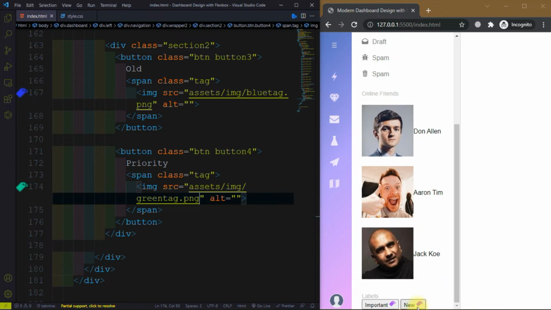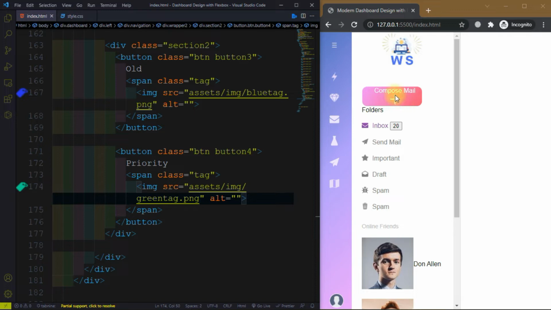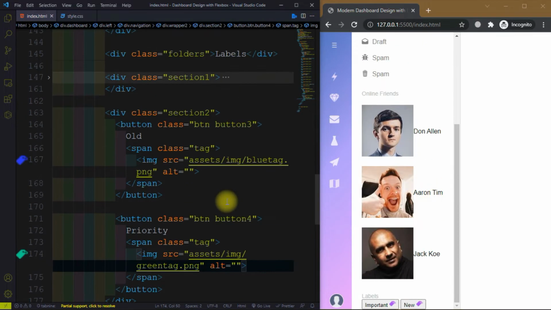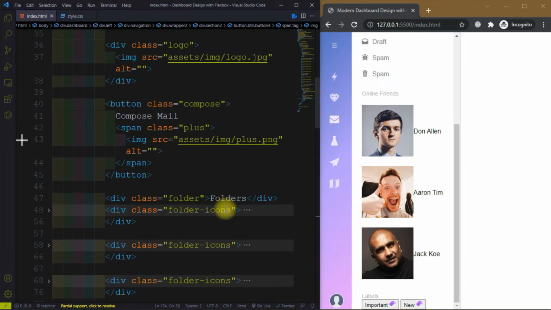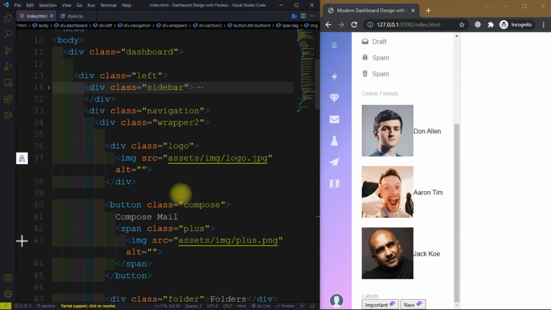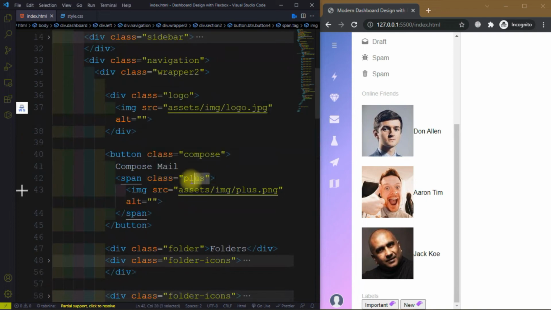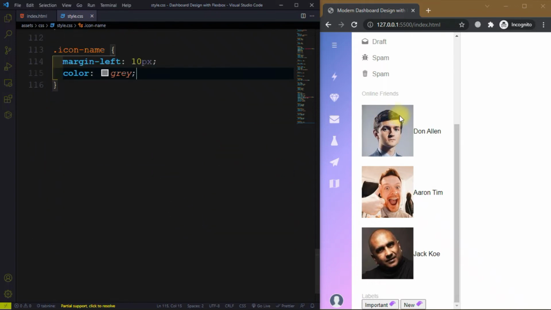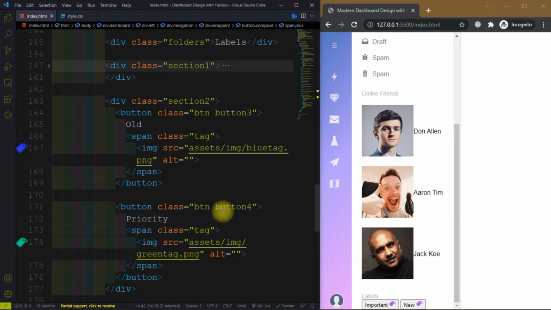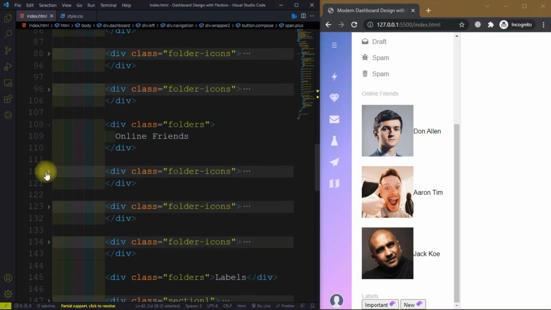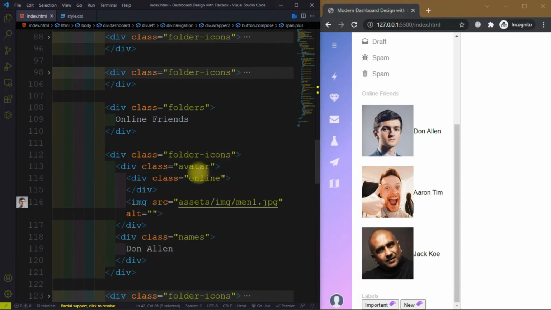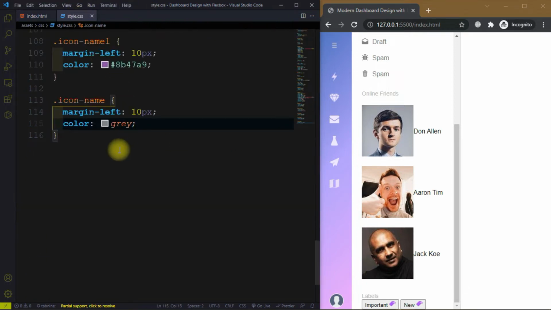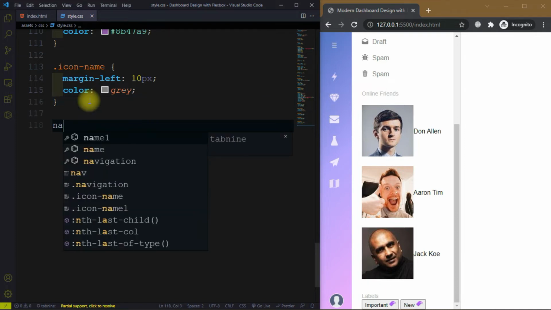So left side is done now, and now we need to style it, and I think we forgot the need to start this button here also. We forgot the class, and let me check the, we add the class plus, but we didn't style it yet. Yeah, so we will style it later. We need to style for the online friend, then we have the avatar class. We need to target the avatar and the names class. So let's start this. Start for the names